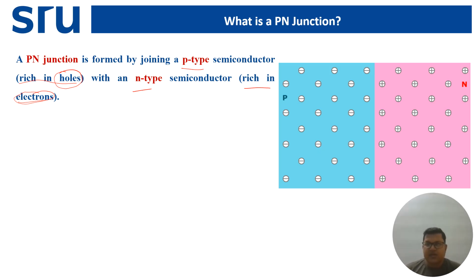You can think of this region as the p side and this region as the n side. You might be wondering that we are saying the majority carriers in the p type are holes, but here it is showing electrons. So basically, these are immobile